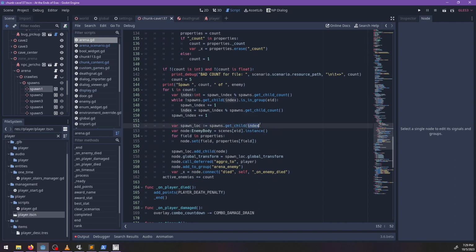So that should get our spawn index properly. Then we set this, then we do that. Alright, so now